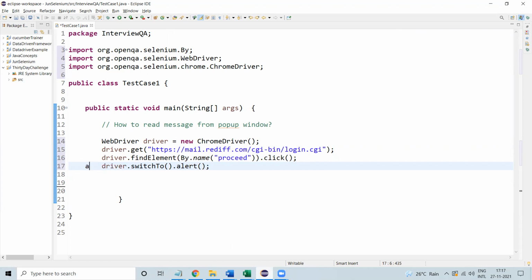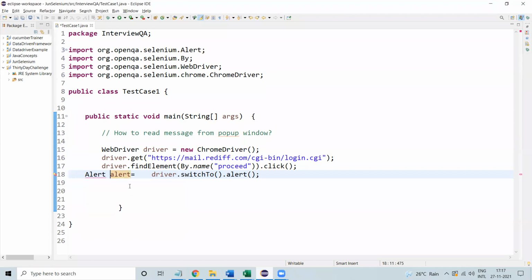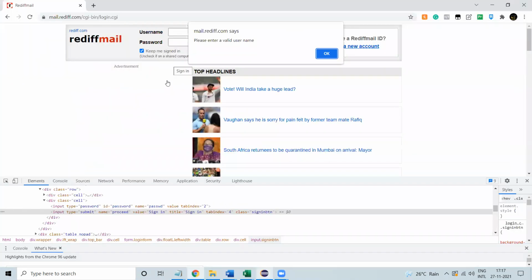I will store it in a variable. This is an Alert type, so I will import Alert also. Now we have stored it in an alert variable. What we need to do is get the message. Now the driver focus is switched to the alert pop-up, so from here I just want to get this message.